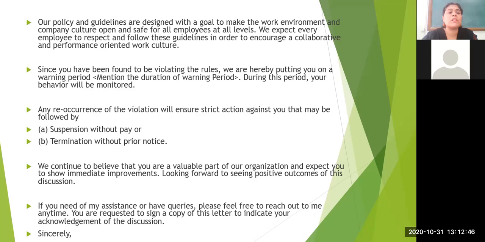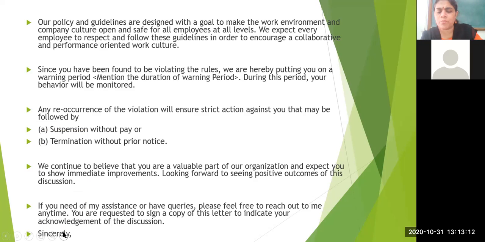the company is giving the warning letter to any employee. If you want any type of help, I'm here to help you, to assist you. So this is an assurance he is giving on behalf of the company to the candidate who is frustrated, in tension, in stress, and doing some misconduct in the organization. And lastly, normally, we end with saying sincerely.